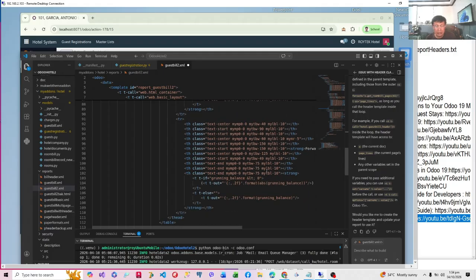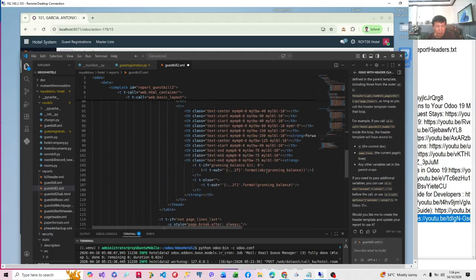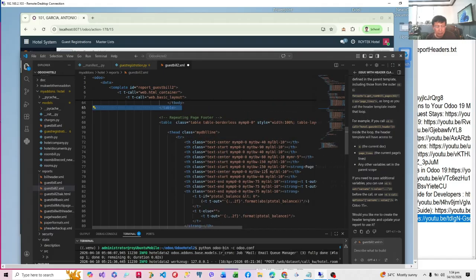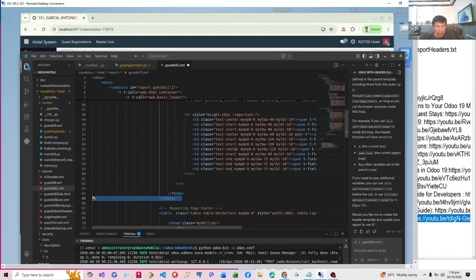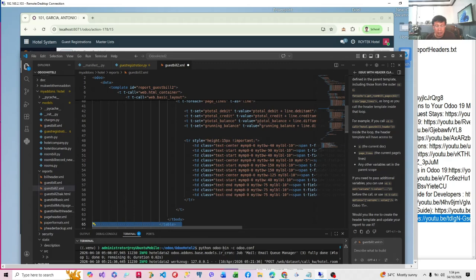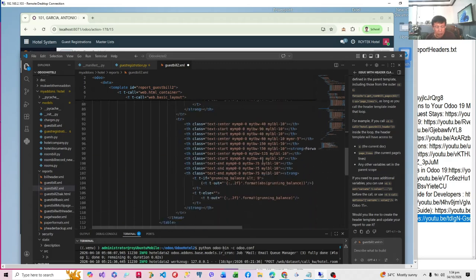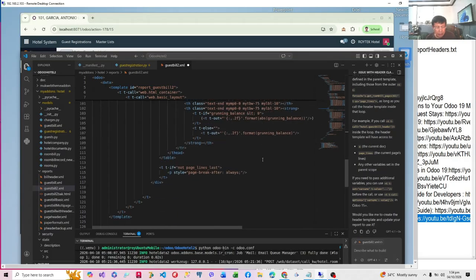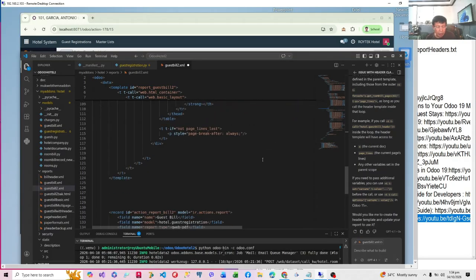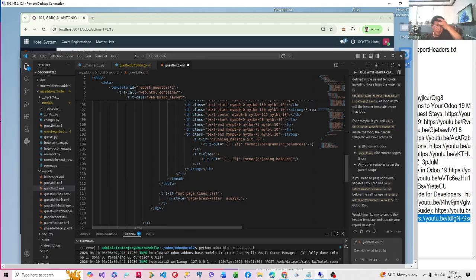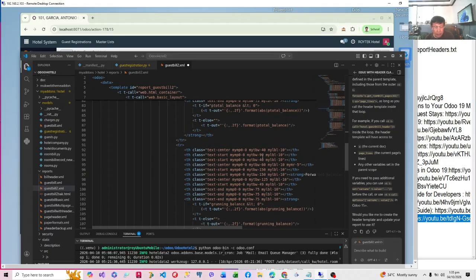If you take note, in each of the body we are incrementing the total debit and the total credit. But what happened to the other? We must find a way to initialize them. Where did we initialize it? Let me look for my backup, which I have.